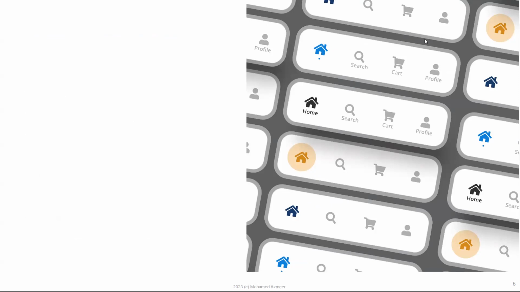But imagine if your application is used by people who are coming to the smartphone for the first time, or new people to the smartphone. They will not understand what these little things mean, right? So for them, you may have a text underneath, right? For example, here it says search, cart, profile.